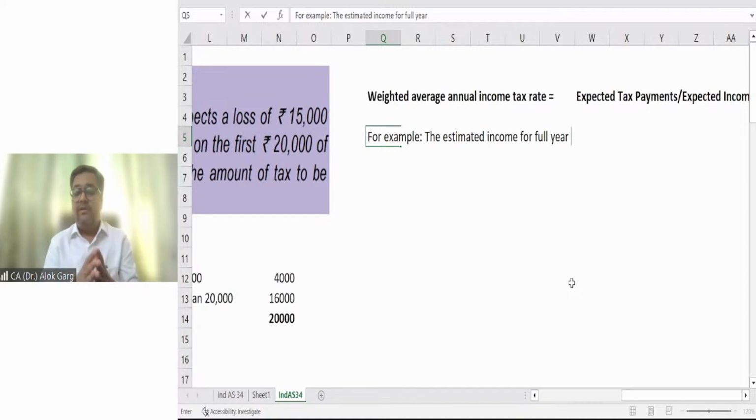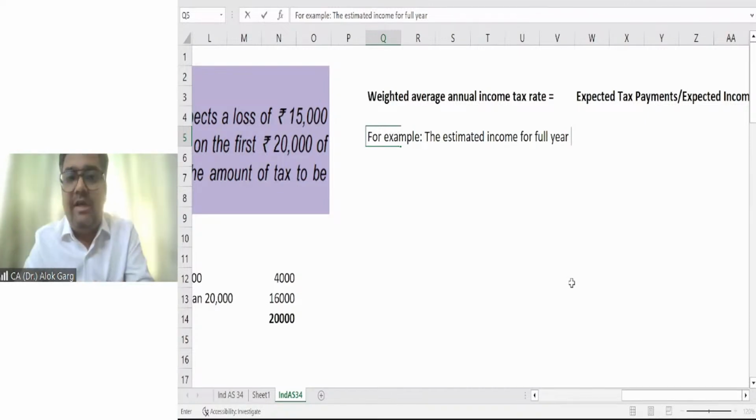Even so, sir, how will we estimate the income for full year? How will you pay the advance tax? You are paying the advance tax by estimating the amount for the remaining period. For example, in the month of June, you are just looking at what I have earned in the 2.5 months and what I'm going to earn in the next 10.5 months, right? And actual plus budgeted or forecasted on this total expected income,